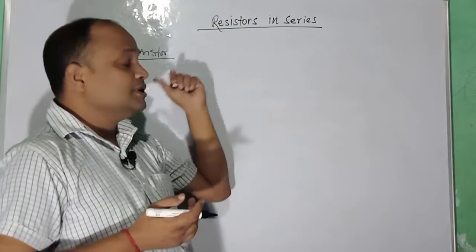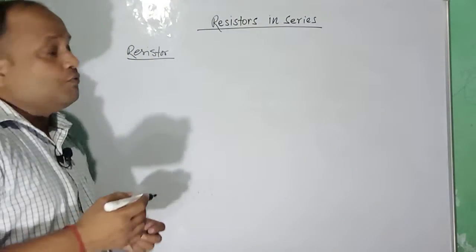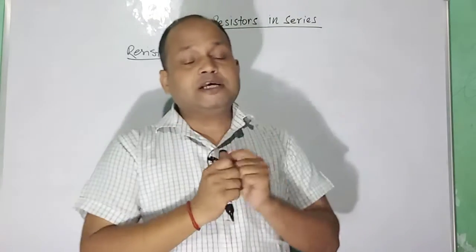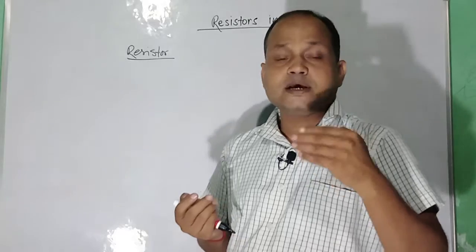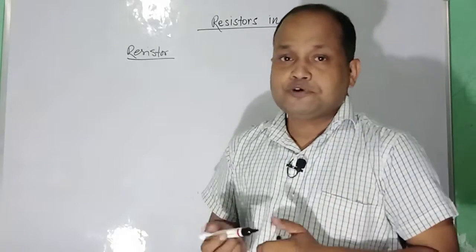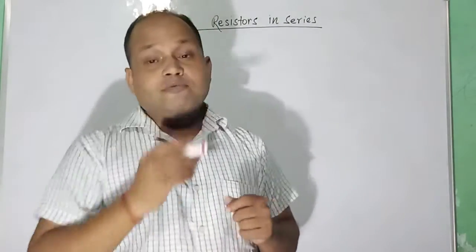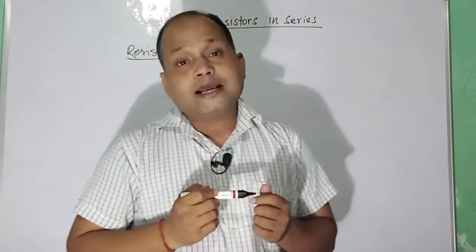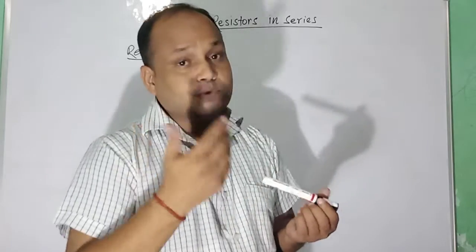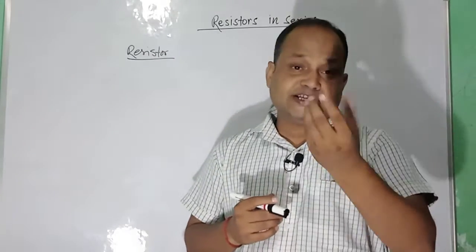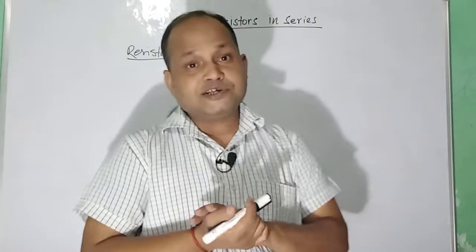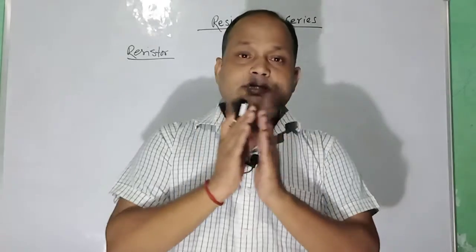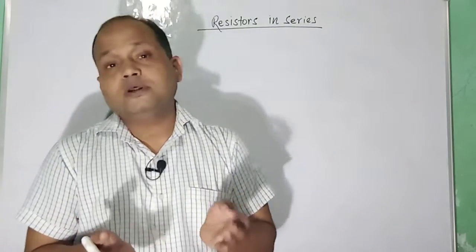Now today we are going to deal with resistor. So what is a resistor? Resistor can be any conductor or any device which can offer a resistance against the flow of electron. For example, the electric bulb which is glowing, that is a resistor. The ceiling fan which is rotating, that is also a resistor. Your television you can take as a resistor. So any conductor which offers some resistance against the flow of electron is called resistor.